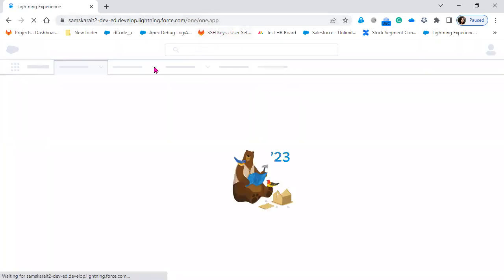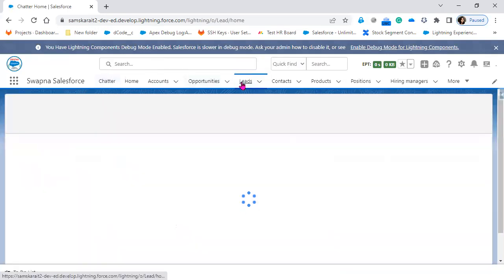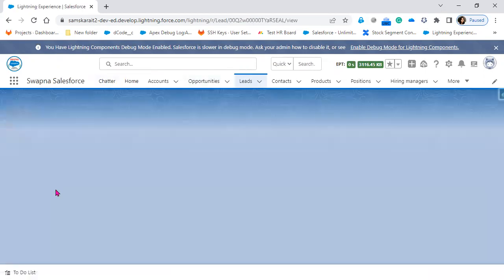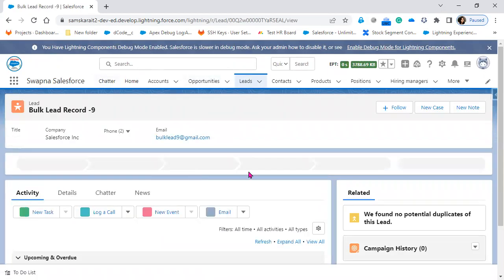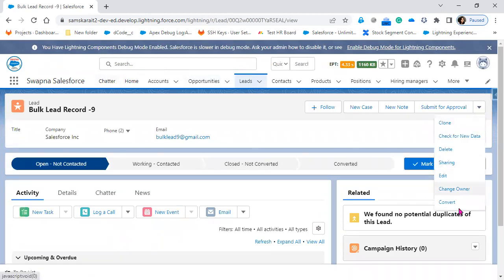For the lead conversion, we have seen the different ways, like what will happen if I click on convert. That is a single record. If I open a single lead record and I want to convert it, I can convert this lead. But in real time,